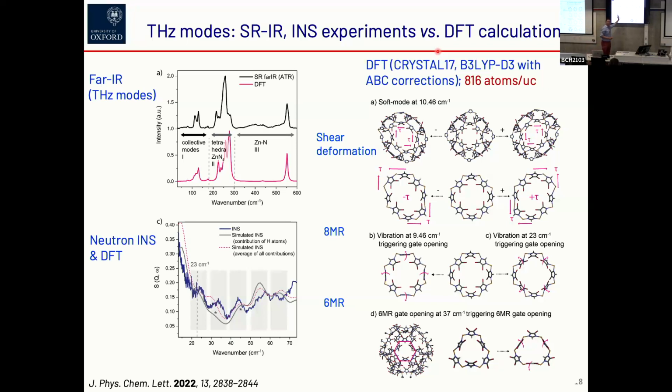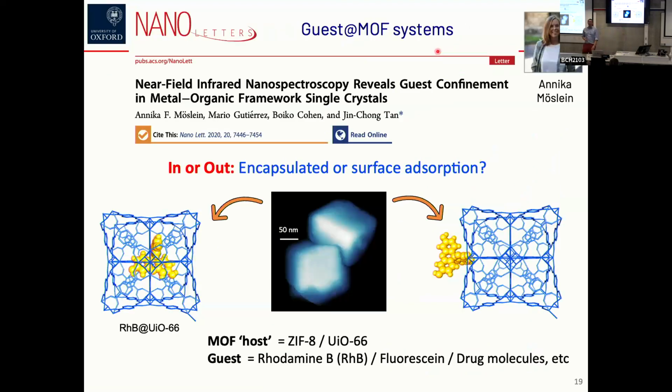Now, from the experiments, so these are experiments down here, all these highlighted low energy bands are associated with the collective vibrations, one of which is to do with gate opening. So that was important. So now let's quickly move on to